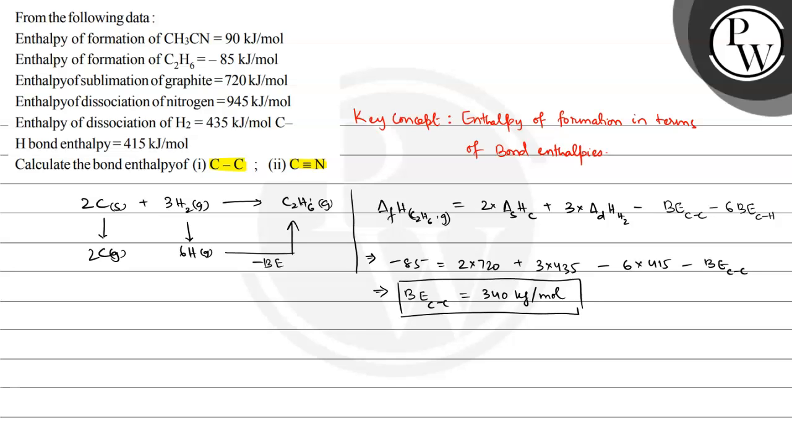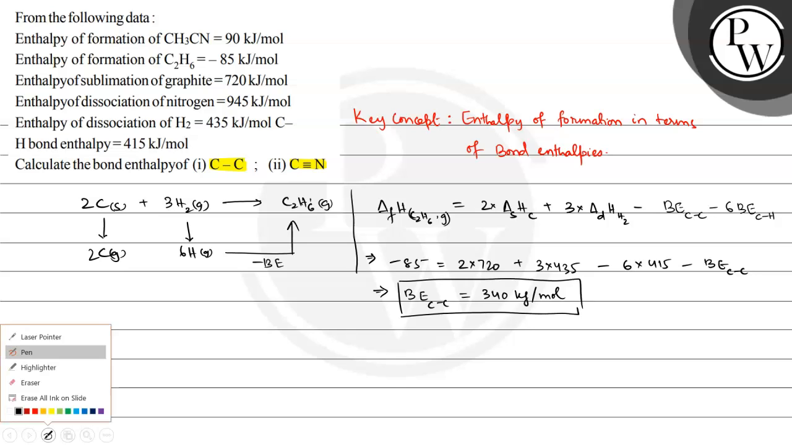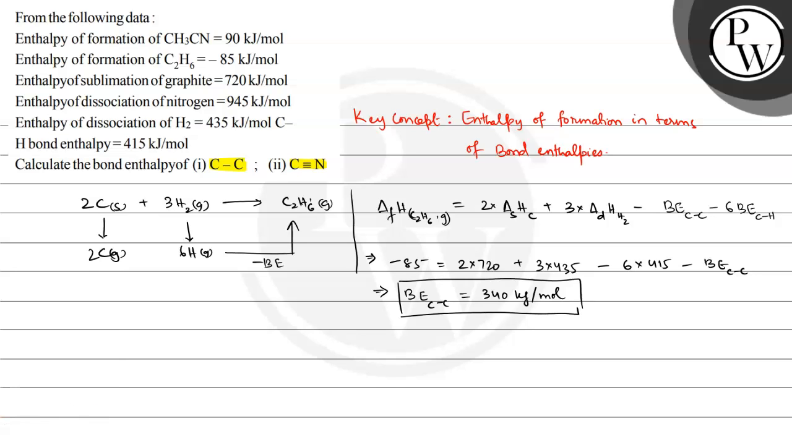Now let us talk about the second compound, that is CH3CN. So इसके लिए we need 2 carbons in the solid state plus 3/2 hydrogen molecules in the gaseous state plus 1/2 nitrogen molecule in the gaseous state. Alright, और इससे बनता है ये कंपाउंड